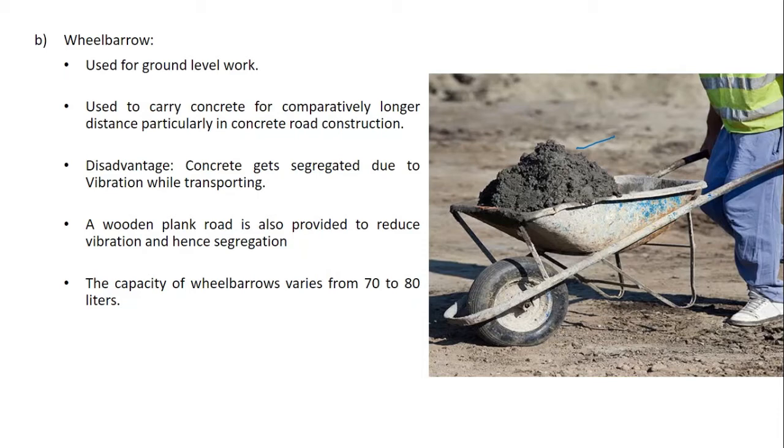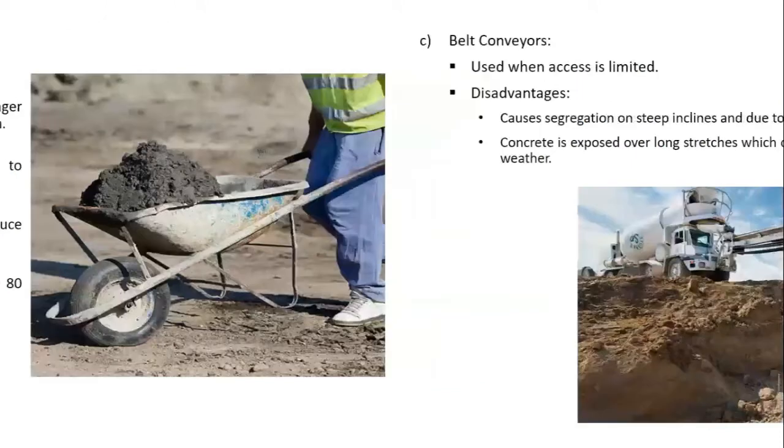See, the surface may not be a level ground or a smooth ground, right? In the construction site, it is not going to be smooth. Okay, it is going to have some undulation. So when this concrete is moved from one place to another, because of those vibrations, what happens is segregation is the thing that you are going to see. Segregation is going to happen. Okay, so this is an issue in case of wheelbarrow.